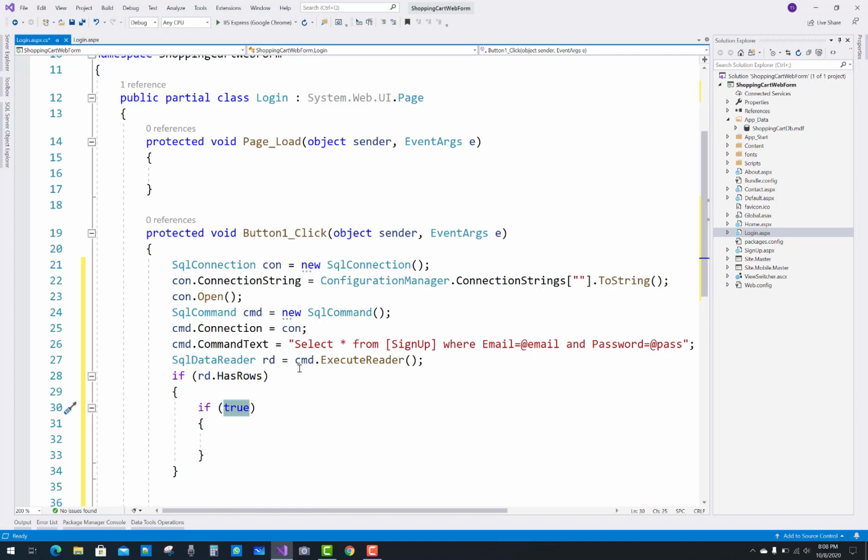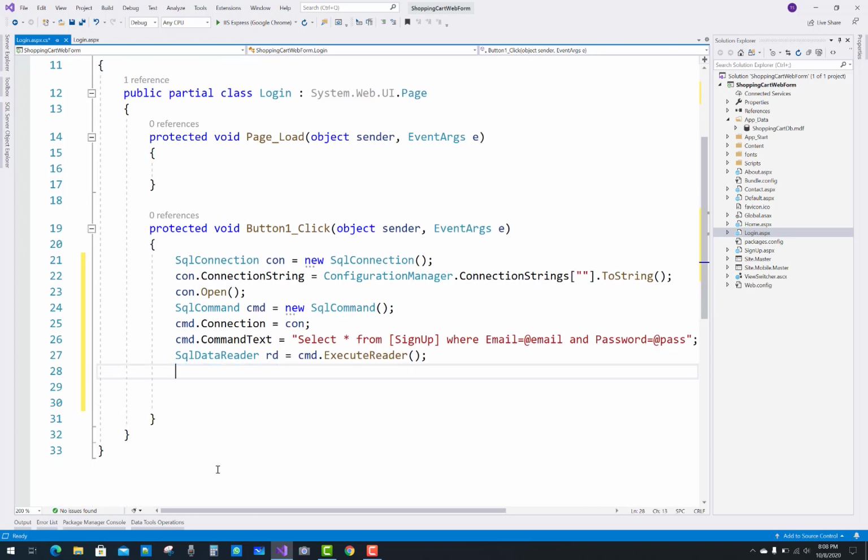So if rd has some records, then HasRows will return true, otherwise it returns false. So just remove it first of all, because I want to save the email and the role in the session also.